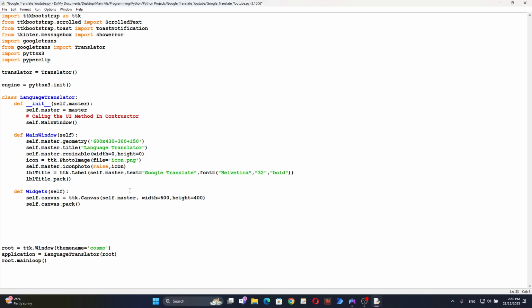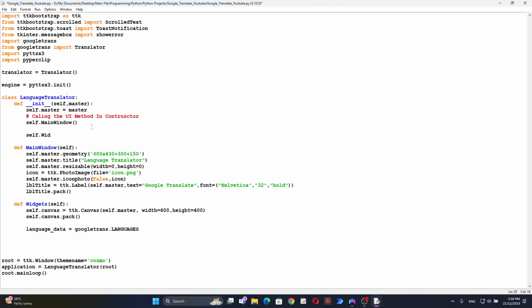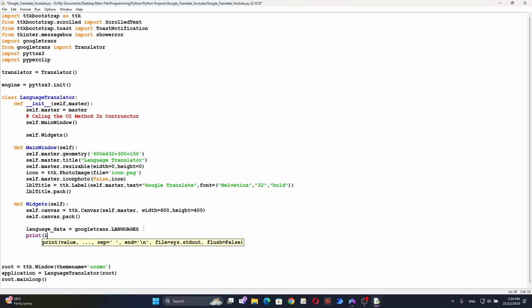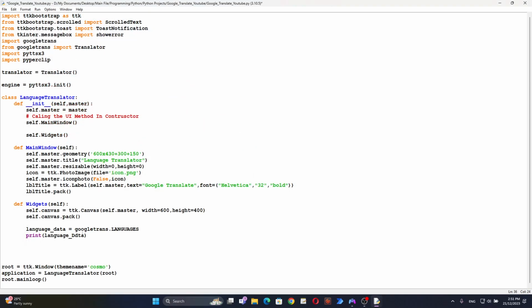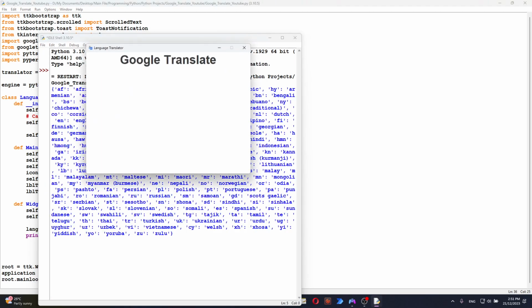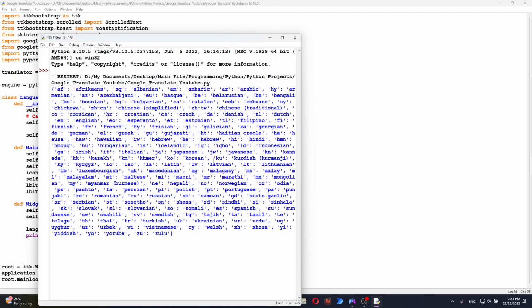Alright, now we're gonna get all the languages, so we're gonna say language_data is equal to googletrans.LANGUAGES. Now if you don't understand what this does, I'll just show you in a minute. So self.widgets, now if I print language_data, it's gonna return back, sorry, spelling mistake. It's gonna return back all the languages, as you can see. So now that you understand,